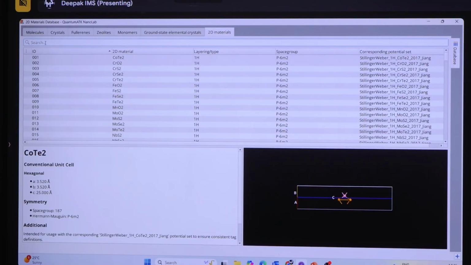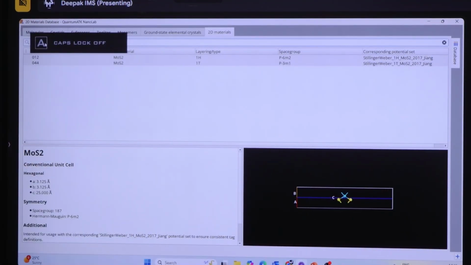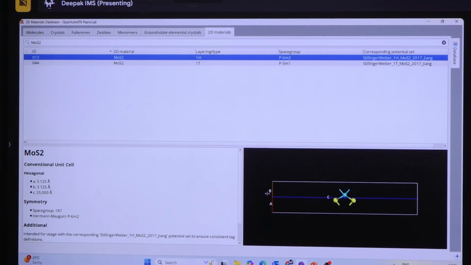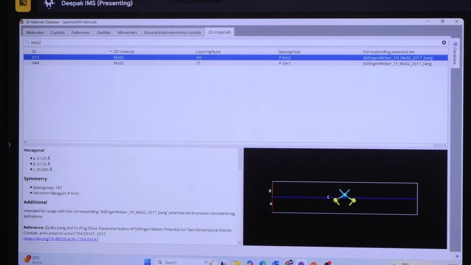We can also search our materials here. You can see this is the MoS2. And here you can see the properties of this structure. This is the conventional unit cell, and this is hexagonal. Here you can see we have the lattice parameters, their a, b, c values. This is the symmetry information, and here you can see this is the DOI number from where they have taken